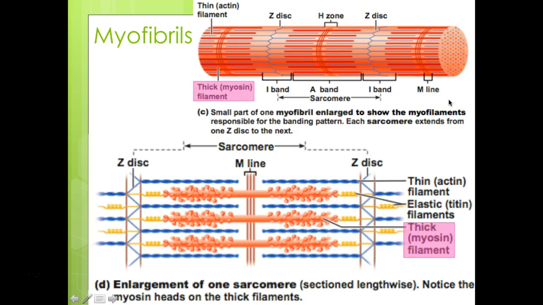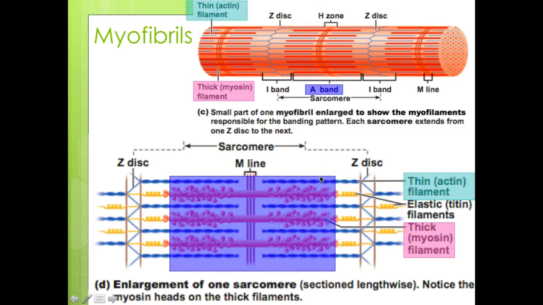So let's talk about our thick filaments. Our thick filaments are made up of a protein called myosin, and they're called myosin myofilaments. They extend through that entire A band, and they have these little heads that stick out. These are our myosin heads, all over here. Those are going to act